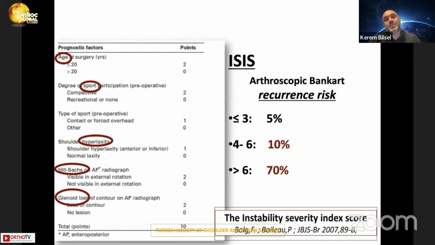In my practice, I use the instability severity index score, which was described by Pascal Boileau. It is very practical, and when you decide to do something, you need to consider the age, the sporting activity, hyperlaxity, and the bone loss of the patient. If you have a score lower than 3, you can go for the soft tissue. If you have more than 3, you have to choose Hill-Sachs remplissage or the Latarjet procedure or other bone